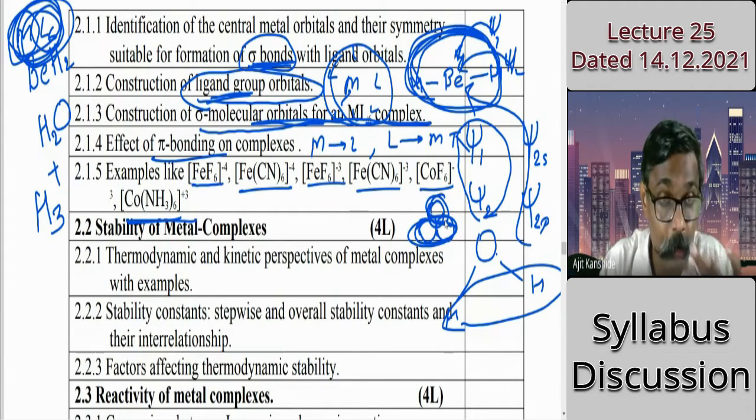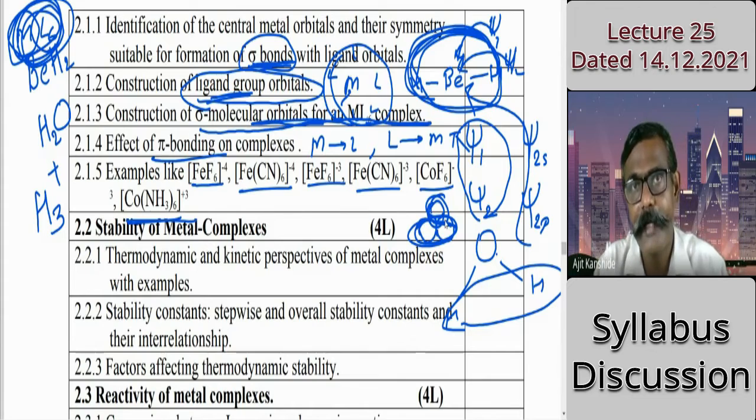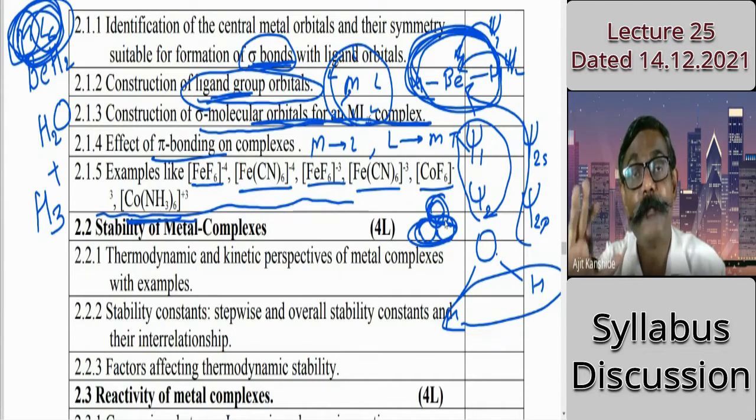And if your regular college starts and if the printed descriptive paper remains, then certainly one question will be there on drawing an MO diagram, constructing an MO diagram, for maximum marks, meaning 5 marks. Plus an additional question: explain its magnetic property, explain its stability.